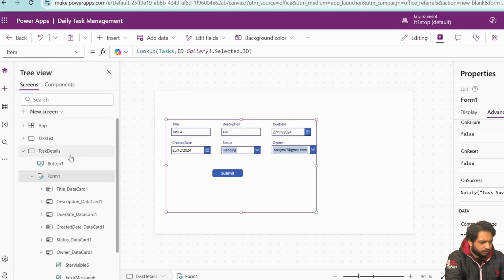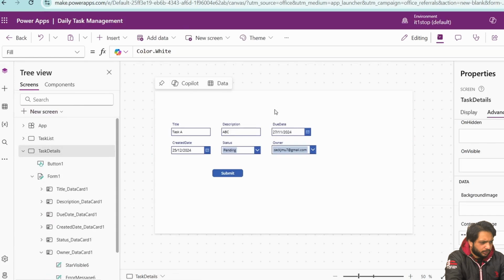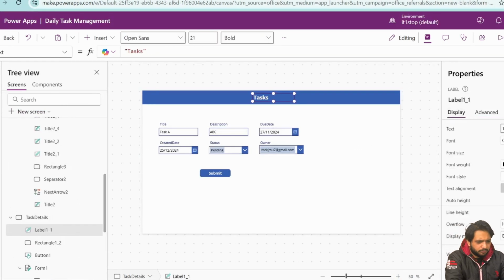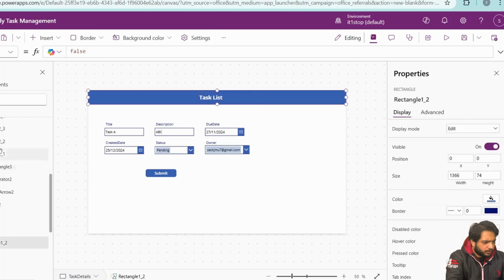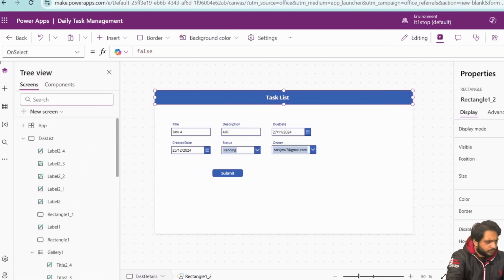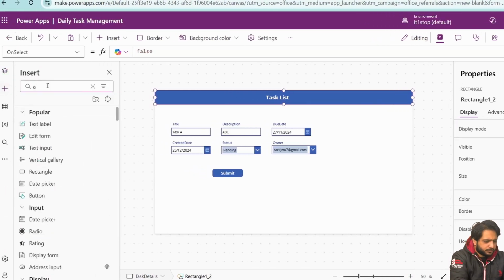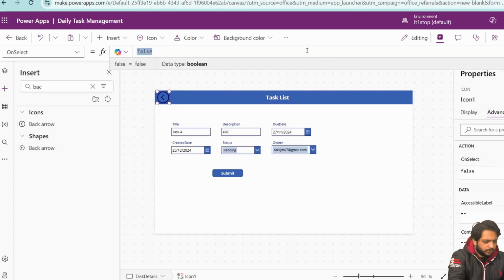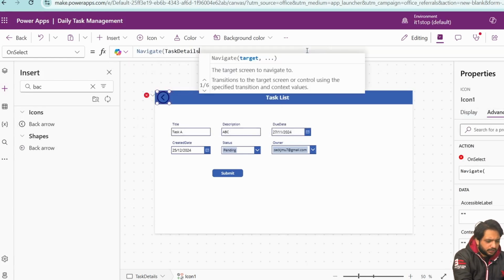So before selecting the form mode I will go to my task list, copy and paste here. Similarly copy the label and paste. This will be our task list. Now we need a back arrow, so I will select the insert. I will select back. Now in the back arrow I will select on select, then write navigate to task details,